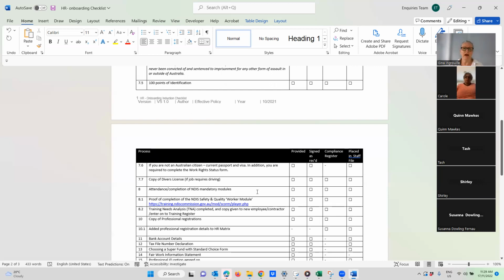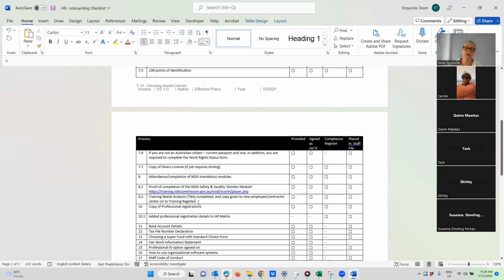Now, a lot of people, I think sometimes we are grasping in the NDIS, I guess, to make sure that service is delivered and risk assessments are done. Sometimes we've got big fish to fry and there are some things which really get a back seat. But what I don't see, and what the standards say you must have, is a training needs analysis. It's just a piece of paper that says, what do you know and what is it you don't know? Because then we'll plan around what you don't know.